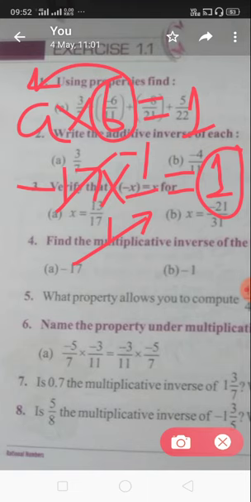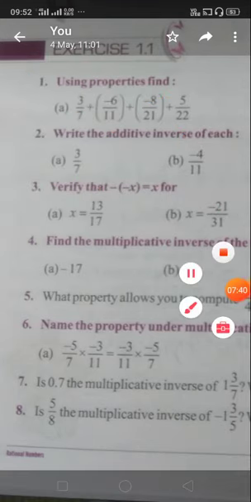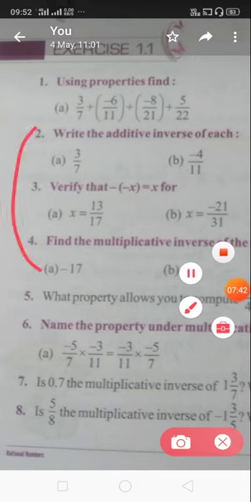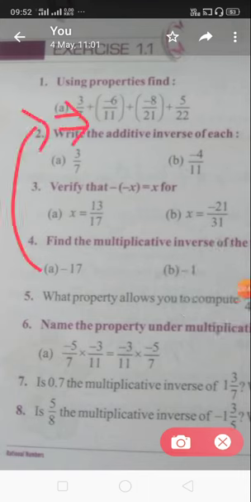Again you can understand it another way. The multiplicative inverse, I have told you what you will do: you just change the position of numerator and denominator. So this minus 17 we can write like that, minus 17 upon 1. Here minus 17 is a negative number and 1 is a positive number, and I want to write its multiplicative inverse. I am using the implies sign here.